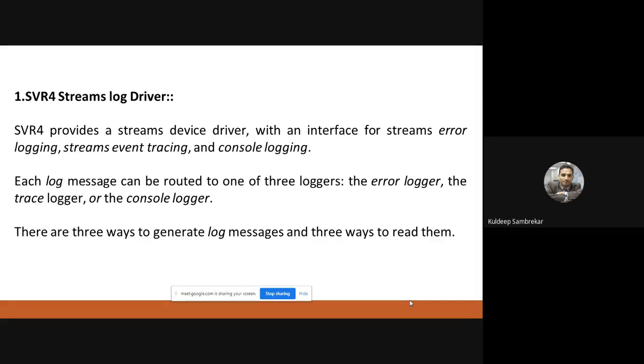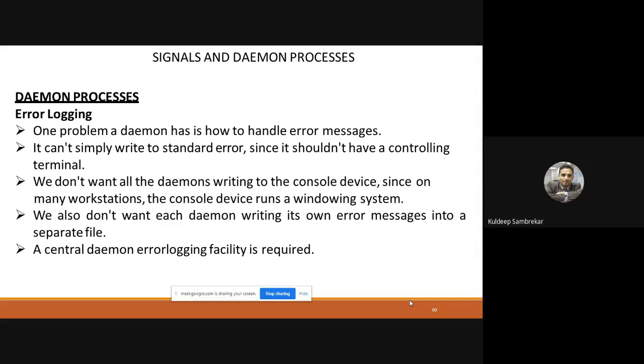One thing they can do is write to a log file. But since log files run on individual consoles, writing to individual consoles is also an administrative problem, because if you make one change on one console, the same change has to be made on all the other consoles also. So this is the problem. To overcome it, Unix has defined a central daemon error logging facility. It has been defined in two ways: first, the SVR4 system log driver, and the other, the 4.3 BSD syslog